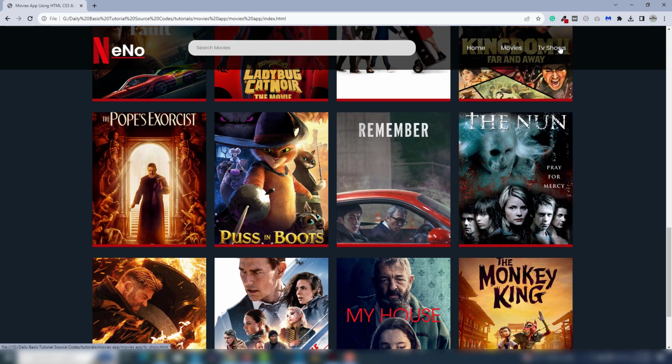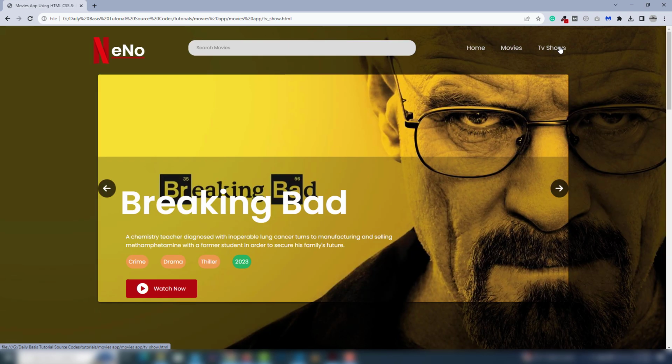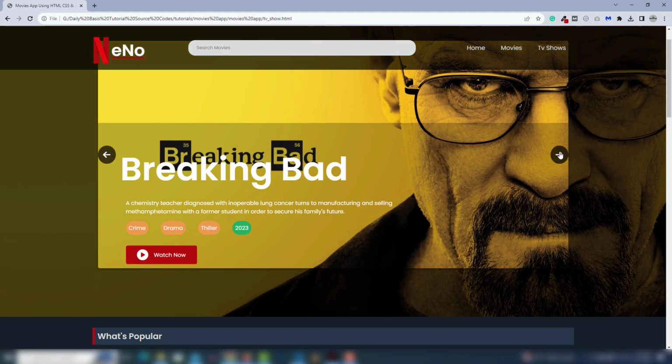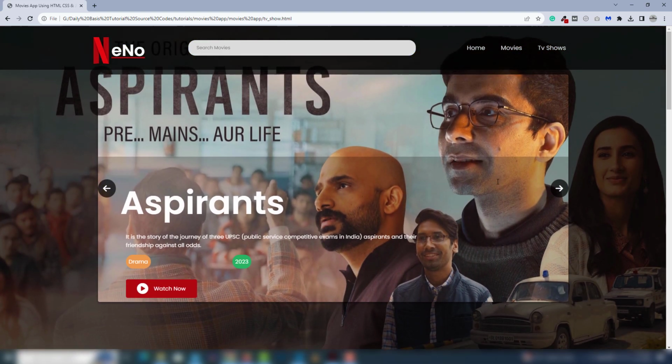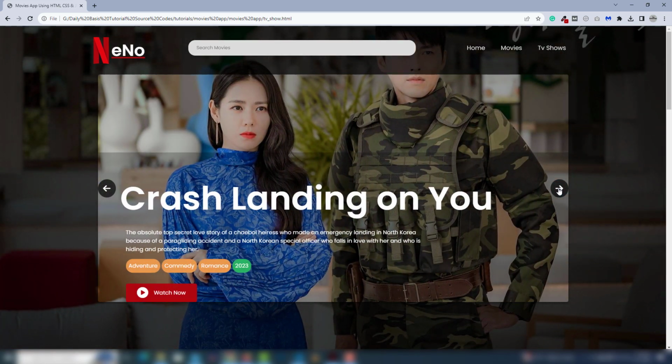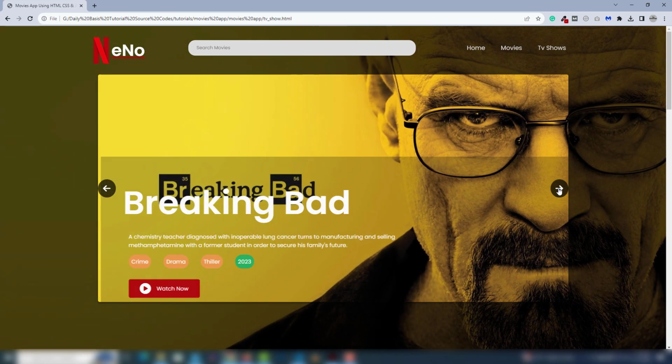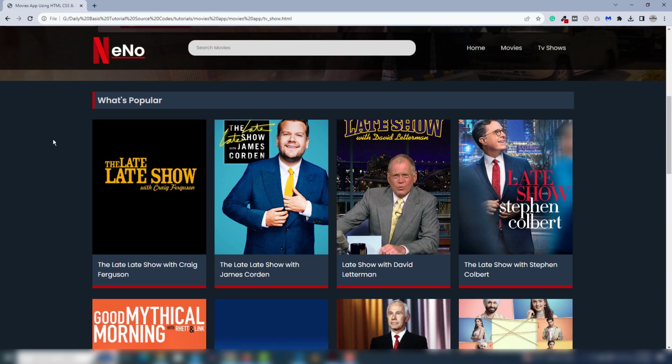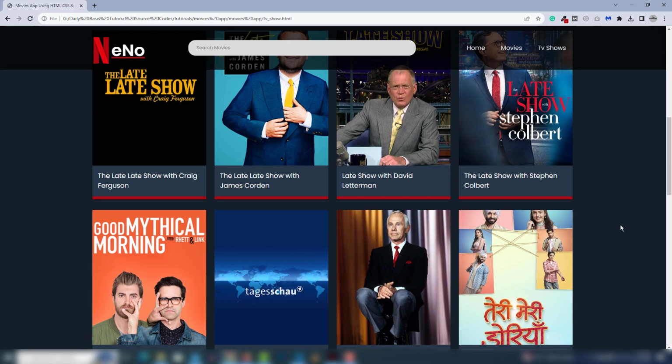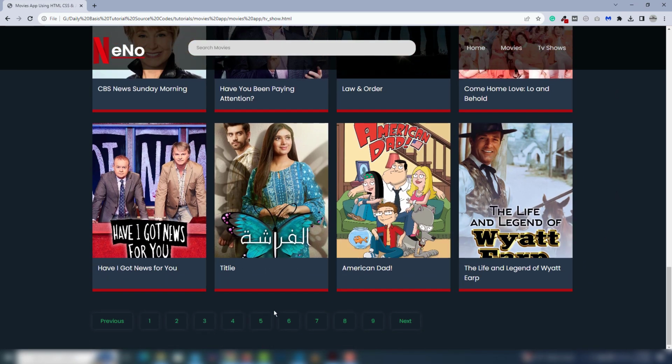And let's move on to the TV shows. So I click on that. Inside they have TV show options or features. So the sliders, different types of images, different types of content. Right now, as you can see, it has the same thing. Hover the mouse to display the date and rating of the particular TV show, and it has the same pagination,